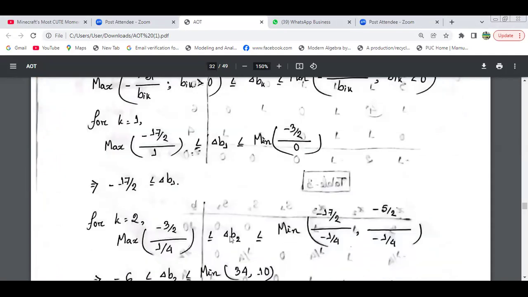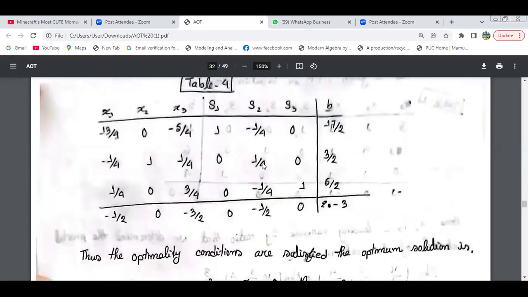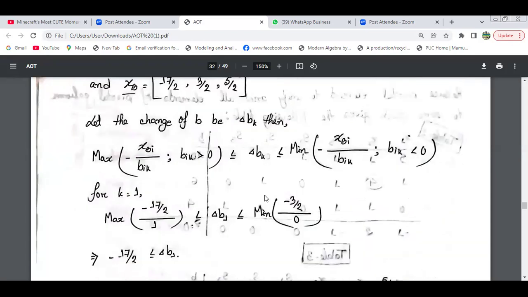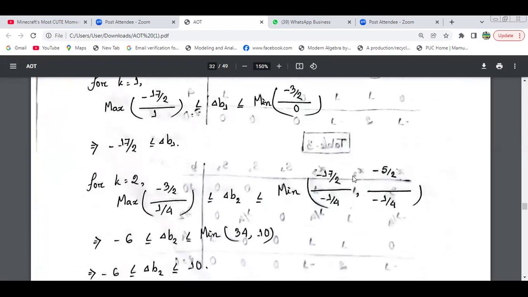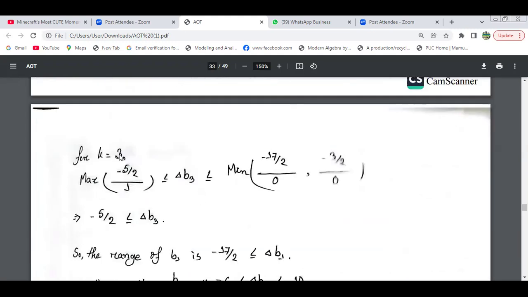For K equals to 2, similarly, আমরা B2 এর চেঞ্জ কত এটা লিমিট পাচ্ছি। এখন B2 এর জন্য আমরা সেকেন্ড কলামে যাব, 3/2 divided by 1/4। সেকেন্ড কলাম কই? এই যে সেকেন্ড কলাম। তো সেকেন্ড কলামের মধ্যে পজিটিভ হচ্ছে শুধু 1/4। This is why 3/2 divided by 1/4 maximum, and another 2 will be in the minimum part, 17/2 divided by -1/4, 5/2 divided by -1/4 in the minimum part। ঠিক আছে? তাহলে নেগেটিভ হলে আমরা মিনিমামের দিকে নেব, আর পজিটিভ হলে ম্যাক্সিমামের দিকে। তো এখানে আমরা ম্যাক্সিমাম মিনিমামের মধ্যে একটা লিমিট পাচ্ছি, সেটা হচ্ছে -6 থেকে 10 পর্যন্ত।